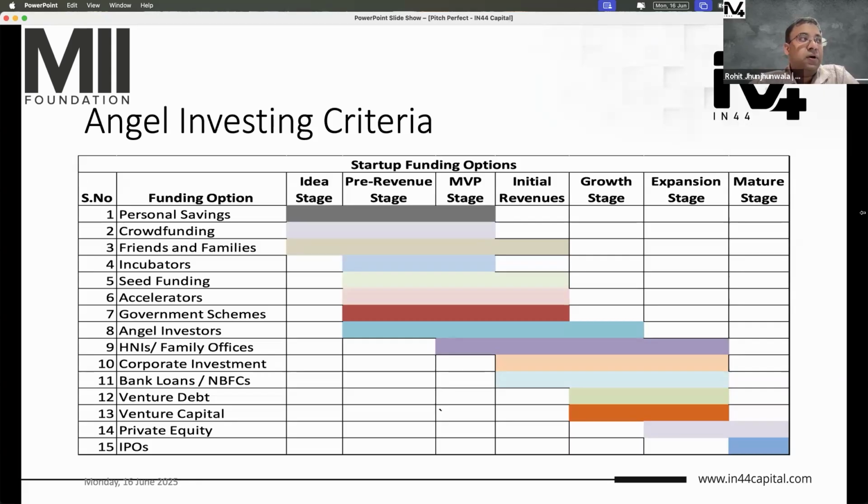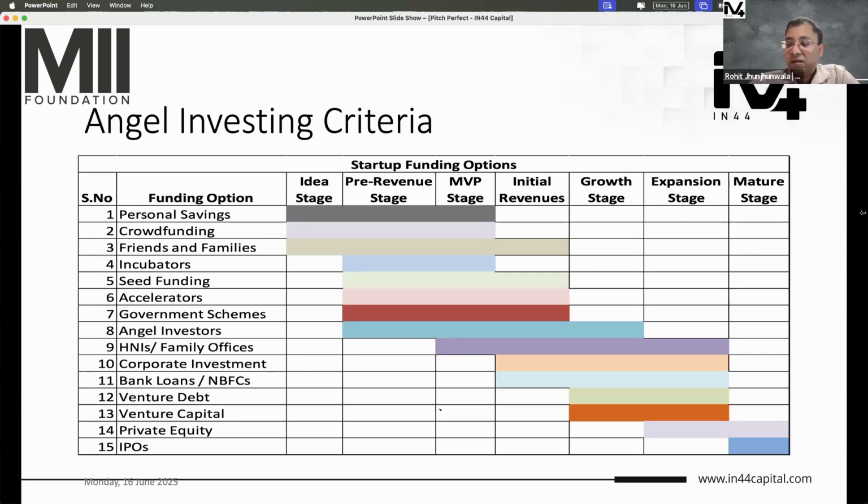For example, if you have a full time job and you are running a startup on the side, you can't go to an angel investor and say, hey, you know what, if you raise funds, then I will leave my job and join the company full time. That's not showing me enough confidence, because you don't believe enough in the company to leave your job and start a startup. Then why should I believe in your startup? I want you to have enough skin in the game where your fortunes and my fortunes are tied up together. Otherwise I won't invest. Right? An angel investor is somebody whom you don't know.